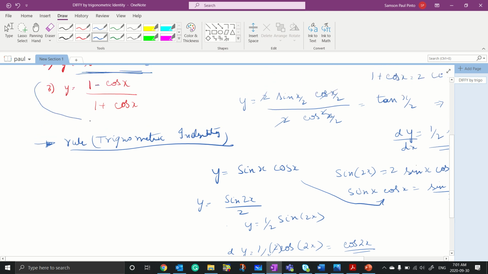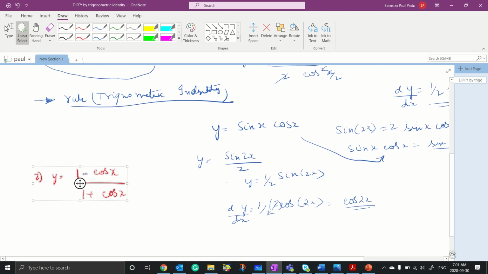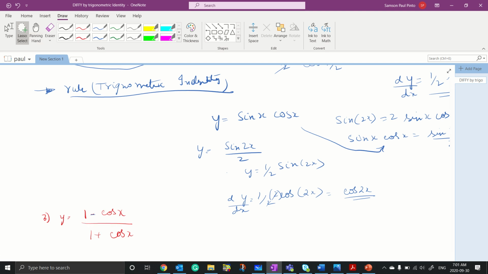Okay, then for the last problem, it might look a little bit complex. That is this problem. So what I'll do is I'll copy it down so that you have a particular space to solve it. It might look a little bit complex, but actually this problem is very easy to solve. Again, you have to be thorough with trigonometric identities for this one, and a trigonometric identity that can be used is actually